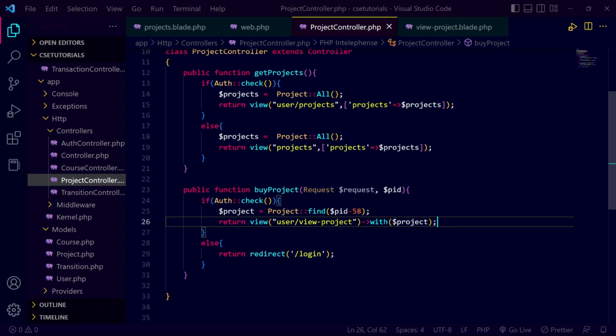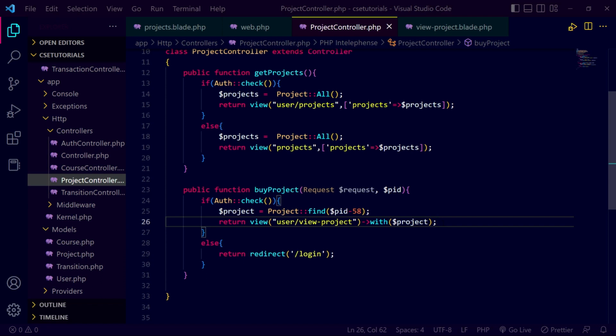That means it is a key and value. I am not passing the value, which means I am not passing the second parameter, so the second value will be null. Project will be the key and its value will be null because I am passing just one parameter, but it takes two.